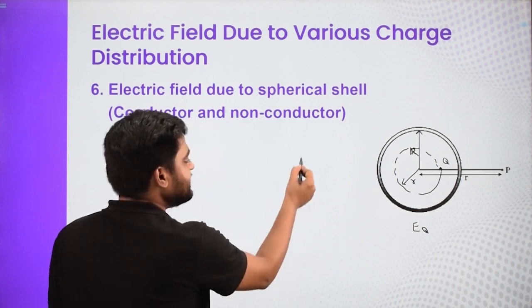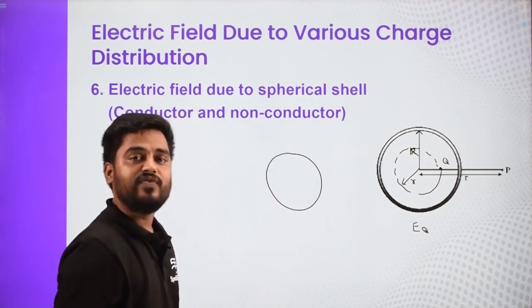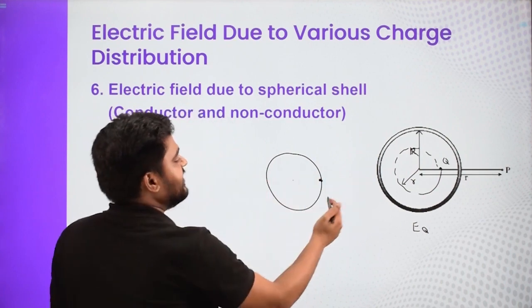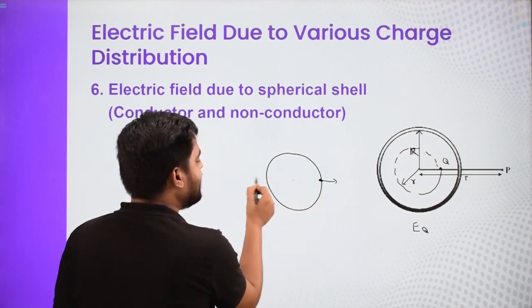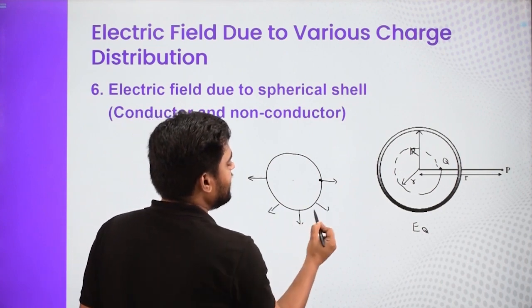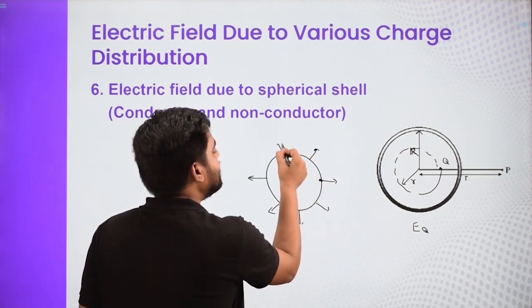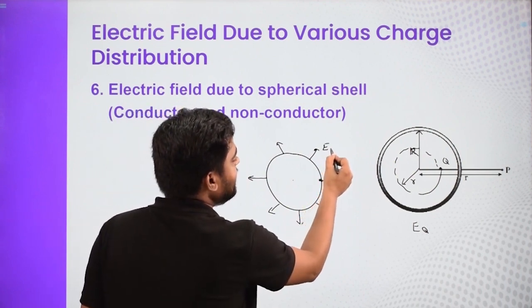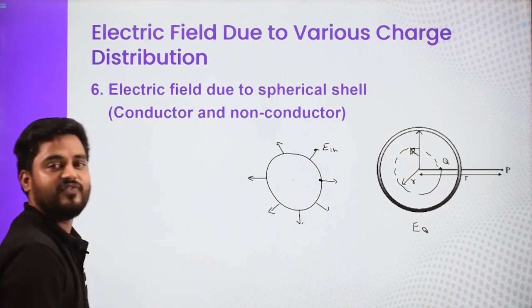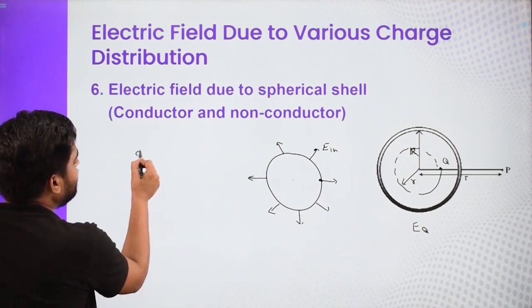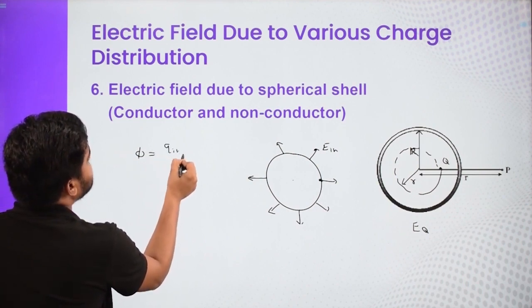So I will say that this is my Gaussian surface, and with symmetry, suppose there is any electric field which is outside, then due to symmetry, if this is over here, then the electric field must be here. Here also the electric field will be radially out, right? So let us say the magnitude of the electric field is E, and let us call that E in. So what will be the flux? What does Gauss law say? Gauss law says that total flux is equal to Q in by epsilon naught.